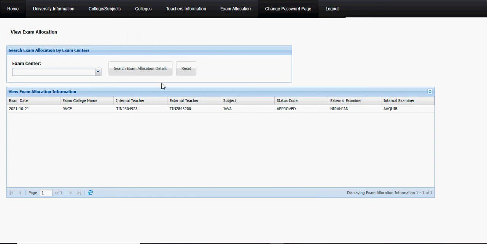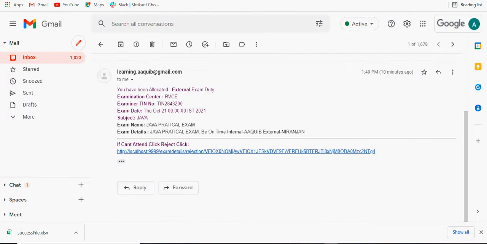Okay, now let us see. Here, the external teacher is Niranjan and the internal examiner is Akib. Now, for some reason, Niranjan cannot attend the lab exam. What Niranjan will do is, from the received mail of the university, Niranjan will click on